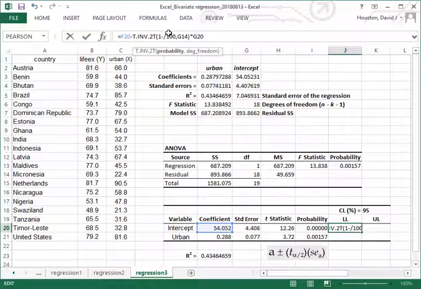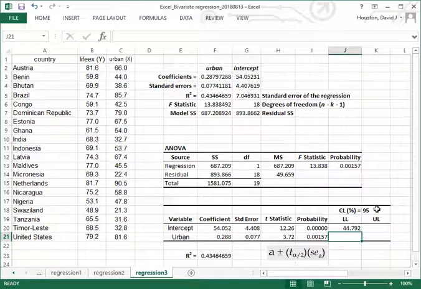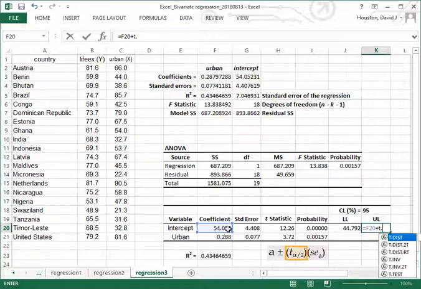But I'm going to make this formula even more flexible. You'll notice here I already have a cell where I have the confidence level entered as 95. Hit return, and that's gone out and found the exact same values for the critical values of t that we did before when we put in 0.05. Let's do the same thing here for the upper limit: equal the intercept coefficient. Now we're going to add to that the critical value